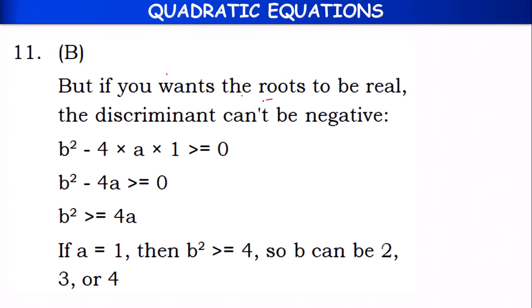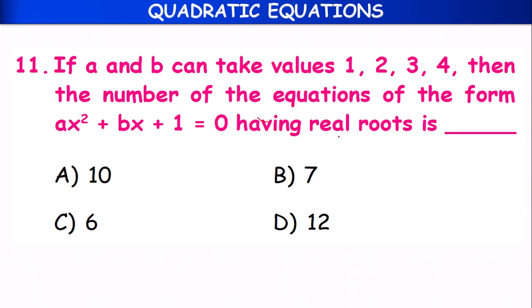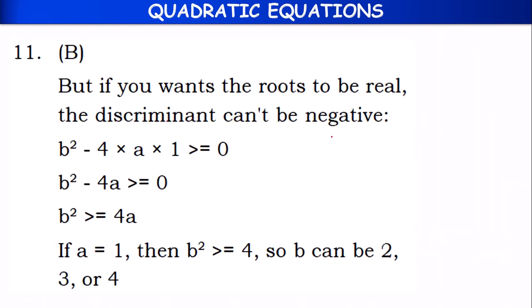Here children, for the roots to be real, the discriminant can't be negative. If you want to find real roots, because they are asking about real roots, the discriminant should be greater than 0. It means b square minus 4ac greater than 0. It means b square should be greater than 4a. Greater than or equal to also, because